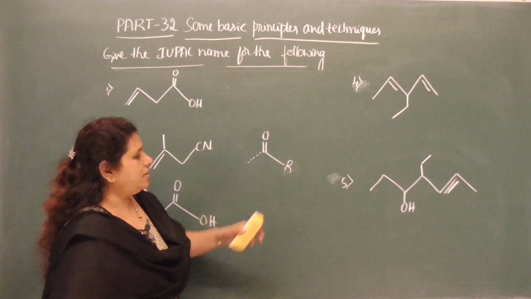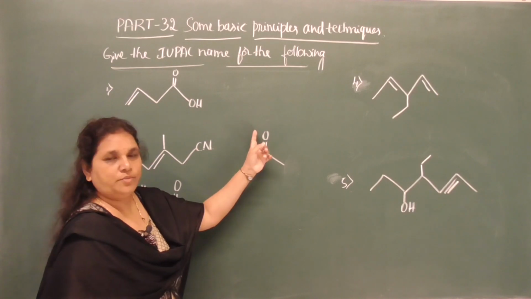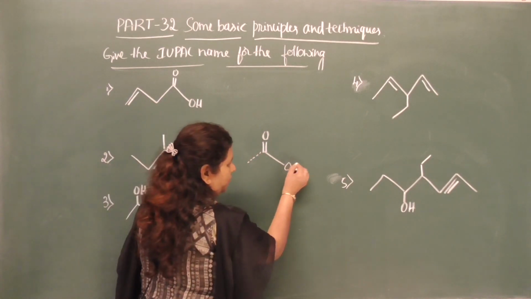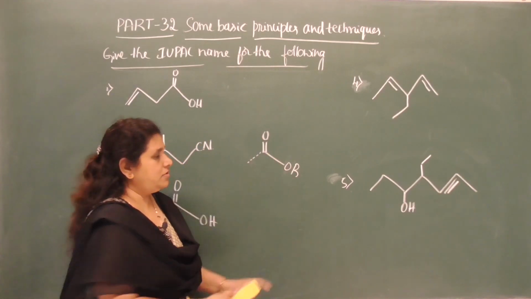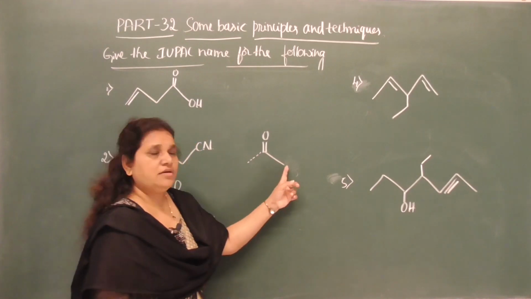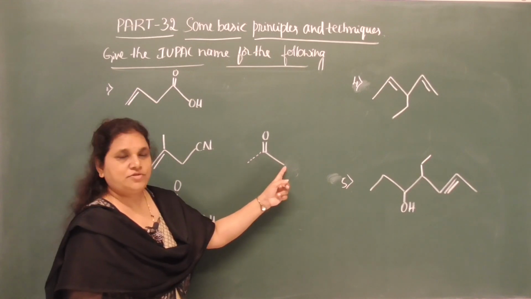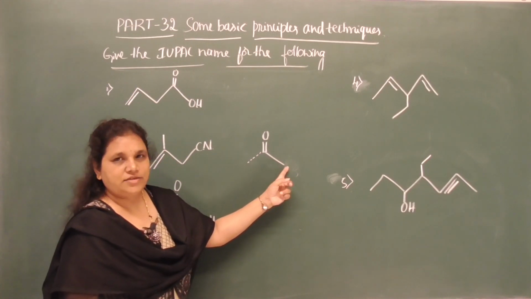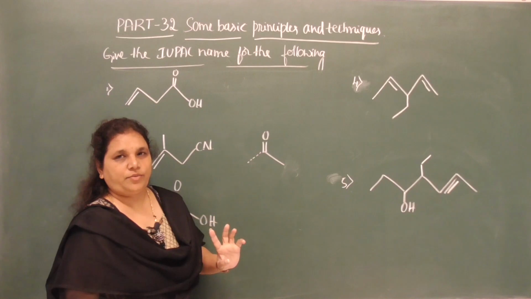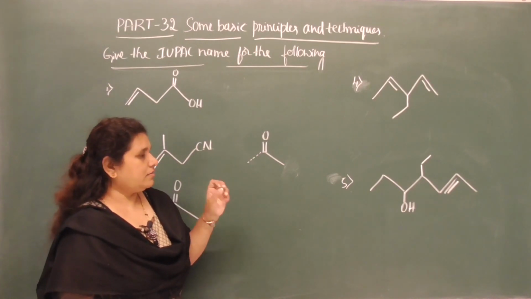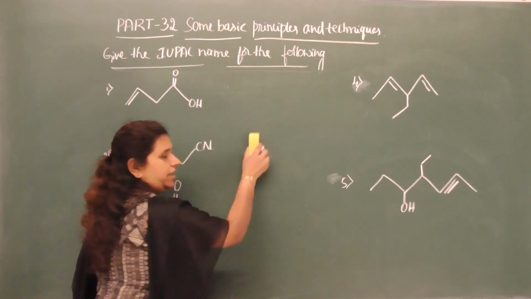then it becomes, means if any carbon atom, if it is like this, then it is ketone, C double bond O, it is ketone, and if it is OR here, then it is ester, C double bond O OR. So I'll repeat, OH carboxylic acid, if it is here H aldehyde, NH2 amide, Cl acid chloride, OR ester, and if you leave it like this, then it will be ketone. So in that way you need to identify the functional group in a bond line formula. Now move on to the examples.